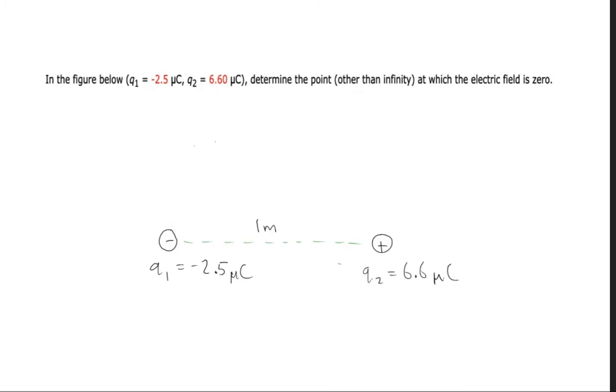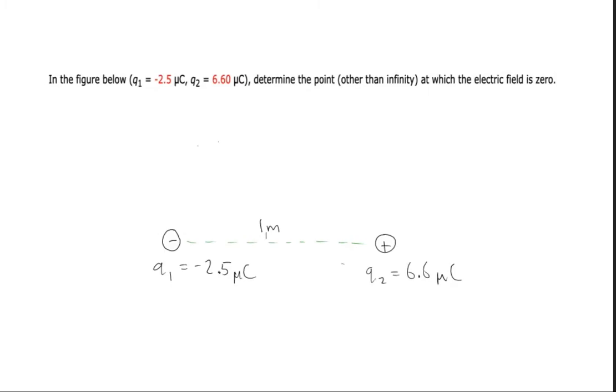Okay, so this problem says in the figure below, determine the point other than infinity at which the electric field is zero. Okay, so it could help just to look at the problem first and try to reason out where this particular